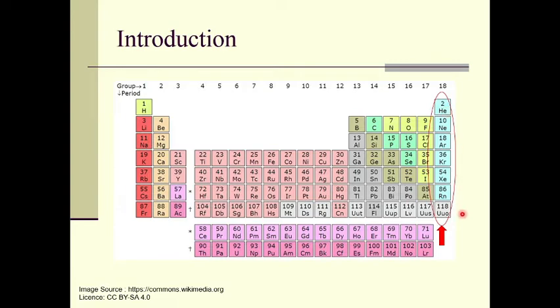Here what we have is all these elements, their outermost shell is completely filled, and because of that they appear at the special position in the periodic table, and because of that we can say they are inert gases. All are gases, so they are inert gases because their outermost shell is completely filled, and because of that